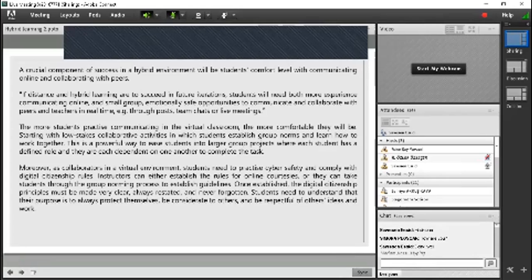Now I'm going to talk about the crucial component, the most interesting component of success in a hybrid environment. It will be the students' comfort that really will level up their communication online and collaboration with peers. So here I have a quote that I inserted. If distance and hybrid learning are to succeed in future iterations, students will need both more experienced communication online and small group, emotionally safe opportunities to communicate and collaborate with peers and teachers in real time through posts, team chat,